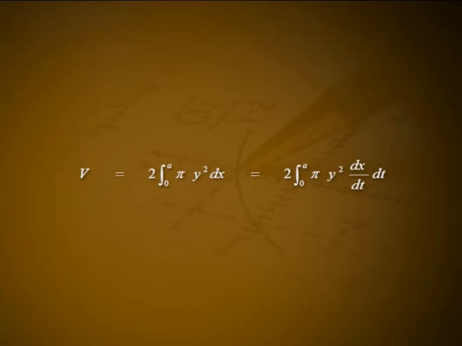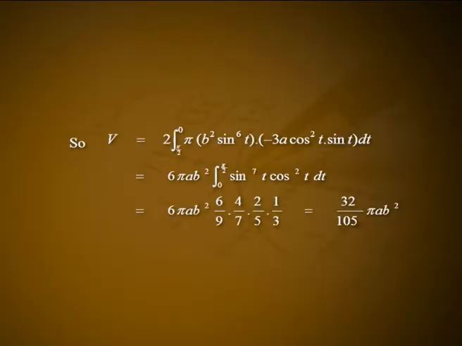which is equal to 2 ∫ from 0 to a of π y² (dx/dt) dt. Using the parametric equations, we have dx/dt = 3a cos²t (−sin t), and t varies from π/2 to 0 as x varies from 0 to a. So V = 2 ∫ from π/2 to 0 of π b² sin⁶t (−3a cos²t sin t) dt, that is equal to 6π a b²